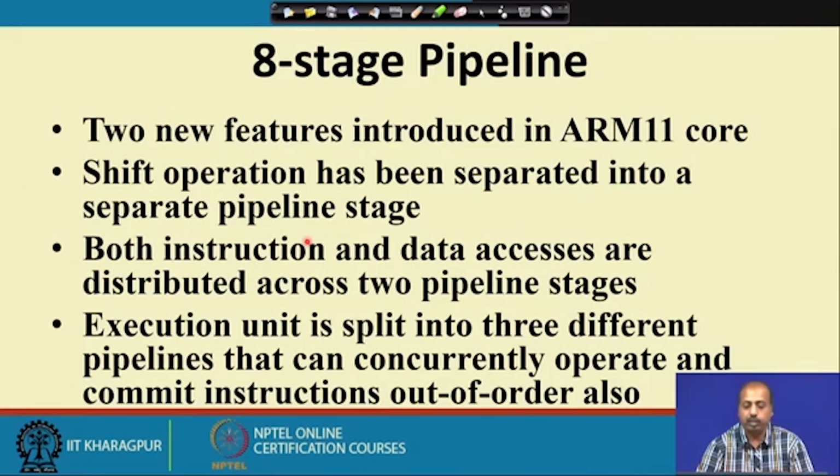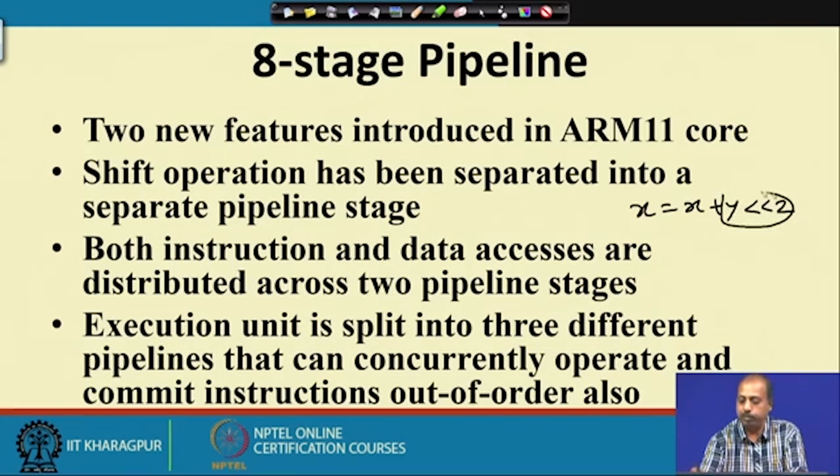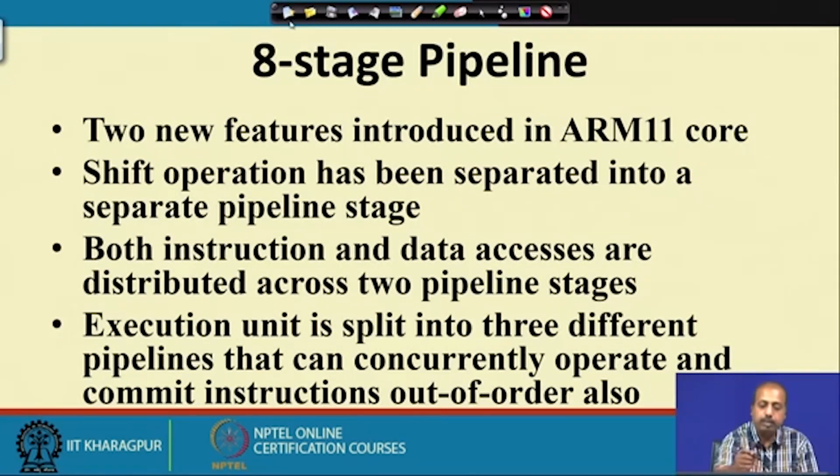If we have an instruction like, say, x equal to x plus y left shifted by 2, while doing this operation, the y left shifted by 2 is done by a separate pipeline stage and the addition is done by a separate pipeline stage. Previously, these two were done together, so it was taking more time. Now, it is divided into two pipeline stages, so the operation will be faster. So, that way it helps in the